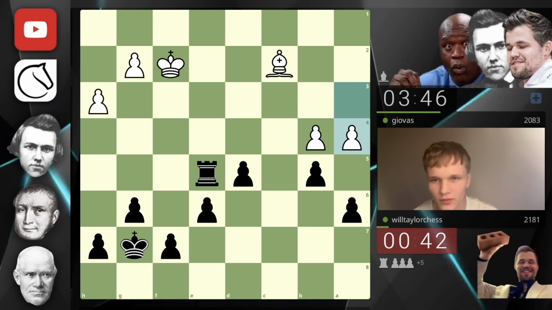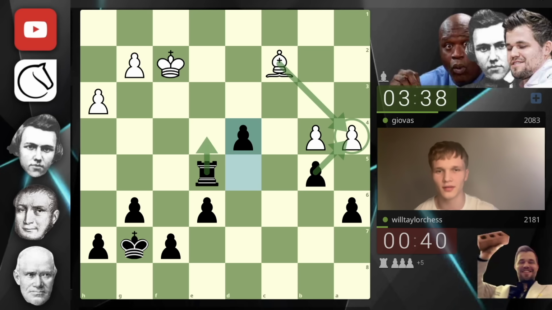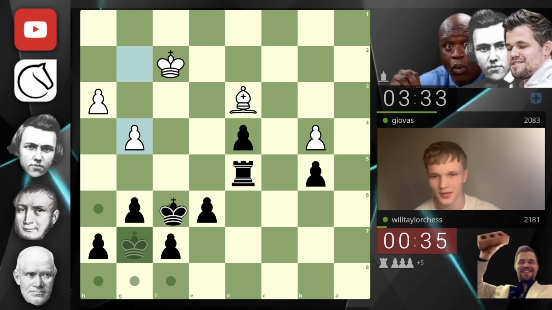Although my rook has no moves right now, really. I'm just going to push this, get behind, and start making some progress. No need to give them any... Actually, I guess I could have taken, diverted the bishop, and then come up. That would have been interesting. Now we go here, they come across. This probably was not the most precise way to go about things, but